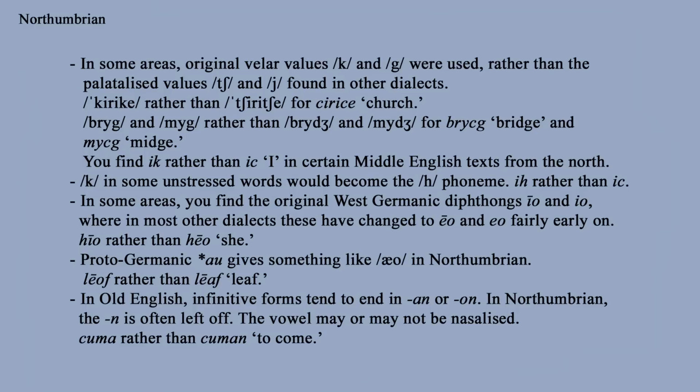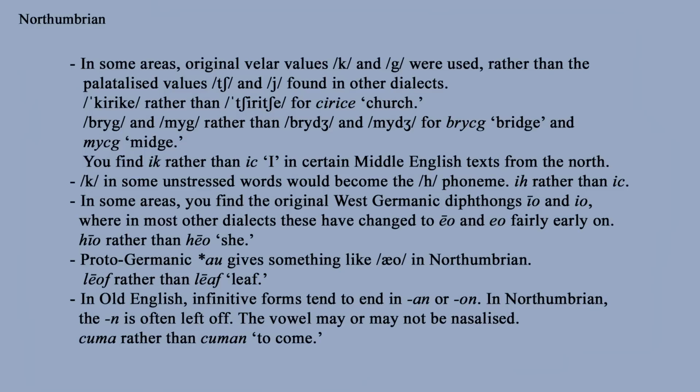So Fulk gives the example of what would normally be "cuman" is something like "cuma" in parts of Northumbria. And this is probably reflective of a wider pattern. So unstressed endings of words tended to be where you'd find a lot of grammatical information in Old English, so information about case and about gender. So when you got rid of unstressed endings, cases and genders start to become less distinguishable from each other. And that levelling of grammatical distinctions seems to have started in the north of England and made its way southwards. So that reduction of endings is part of a wider pattern.